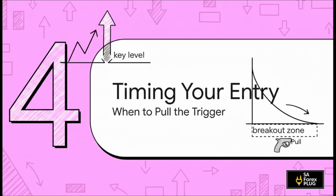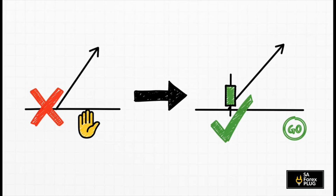Now comes the million-dollar question. When do you actually pull the trigger and enter the trade? And here's the critical point. The entry isn't just because the price touched the line again. No, you need more than that. You need a specific, clear reversal signal that tells you, okay, this level is holding and the original momentum is